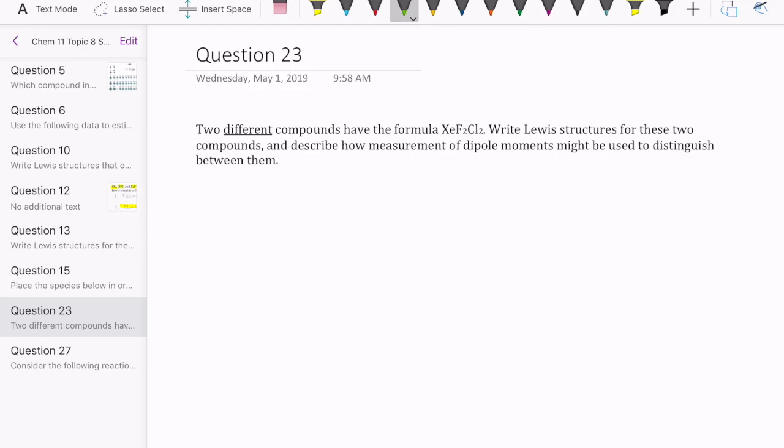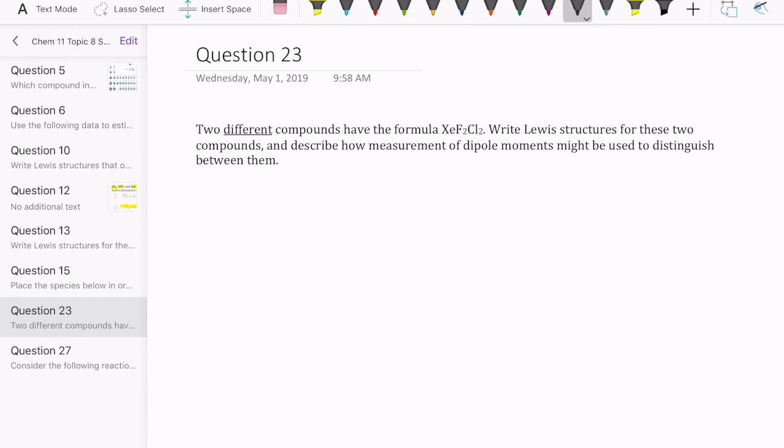Hi everyone, let's discuss question 23 in topic set 8 in Chem 11. This is a question about Lewis structures again and using it actually to determine two different compounds that have exactly the same formula. And we're going to also incorporate the idea of molecular polarity to help us distinguish between these two structures. So the question just asks us to draw the compound XeF2Cl2